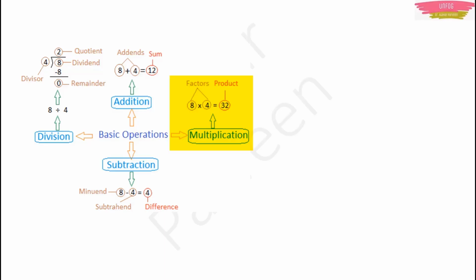Okay. And then coming to division. In division, what all do you do? While you divide, for example, you are dividing 8 by 4. This 4 will become your divisor, 8 will become your dividend and your answer will become quotient. And if any other number is remaining while you do this division, that remaining number is known as remainder. Okay. Here in this case it is 0, so remainder will be 0.